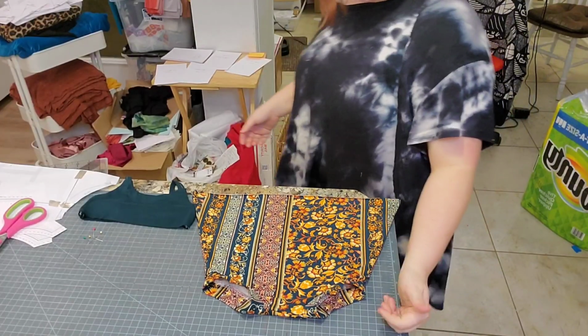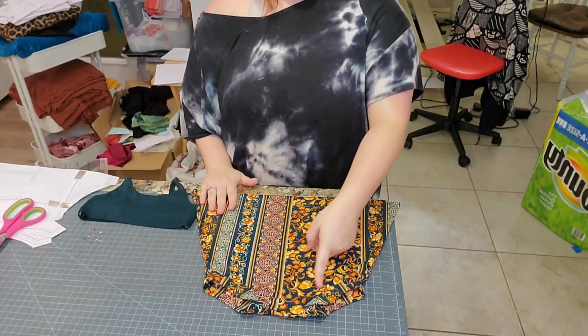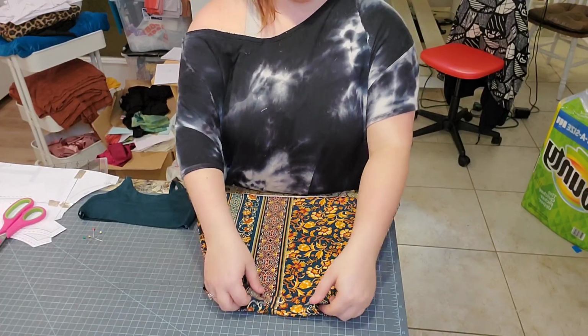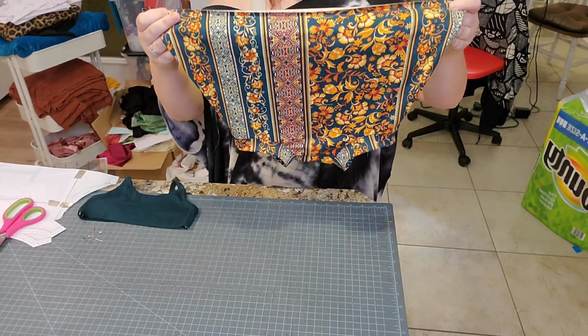All right, so as you can see, I serged my cuffs onto the garment, and here's the cuffs now. They're flipped out and perfect. You can top stitch them down if you would like. I don't do that just because it gives more room, I think, for the legs. So that's how you make the bottom of the nap romper